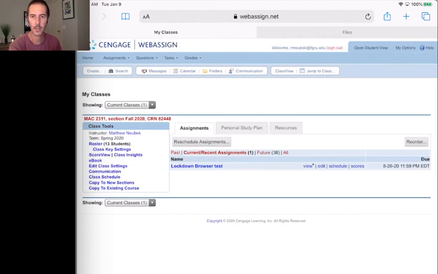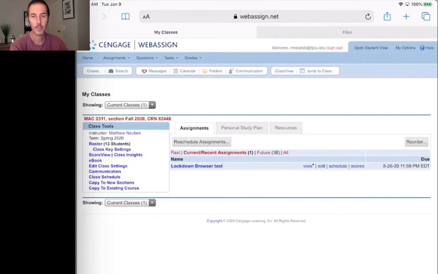Because that's the idea of the lockdown browser, it's not going to allow you to access any other websites. So that lockdown browser is specific to this particular software. And once it's installed, there may be some confusion. I know there was at the end of last semester as to what you're supposed to do next. As far as I recall, once you've done the installation process, you're going to come back to this same screen that you're looking at right now, and you'll click Lockdown Browser Test again. And it should allow you to